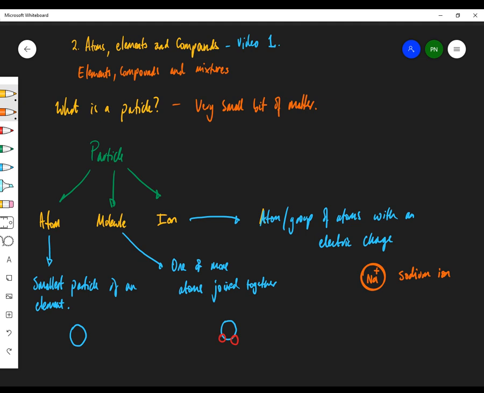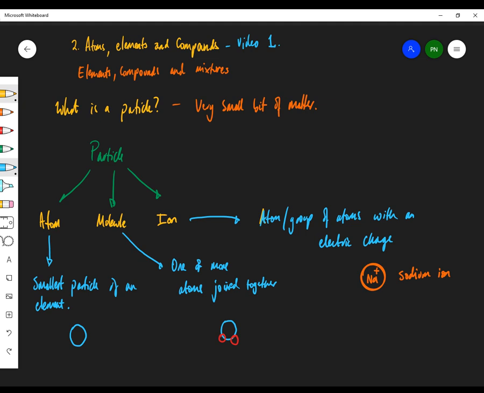So when we talk about particles, we talk about atoms, molecules, or ions. That's a very simple definition of them all. An atom is the smallest part of an element. A molecule is a collection of atoms, and an ion is an atom or a group of atoms that has an electric charge. I've only drawn an atom there that's got an electric charge, but you can think of